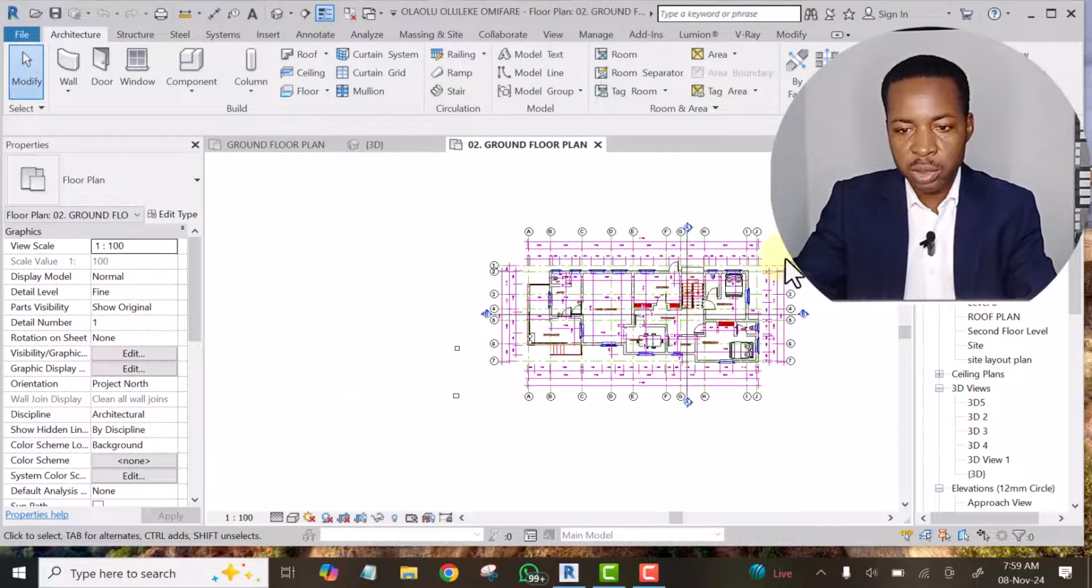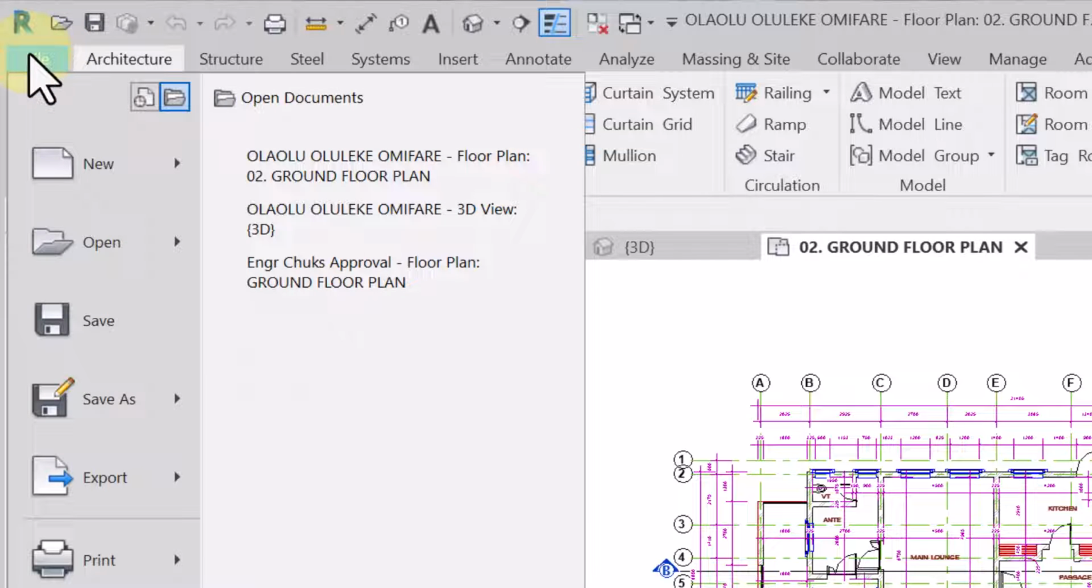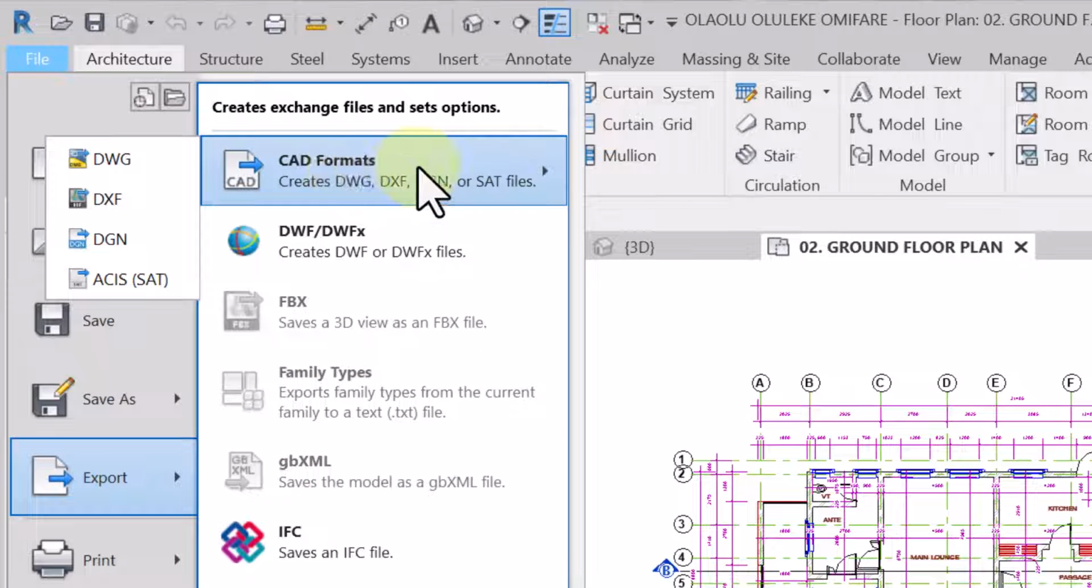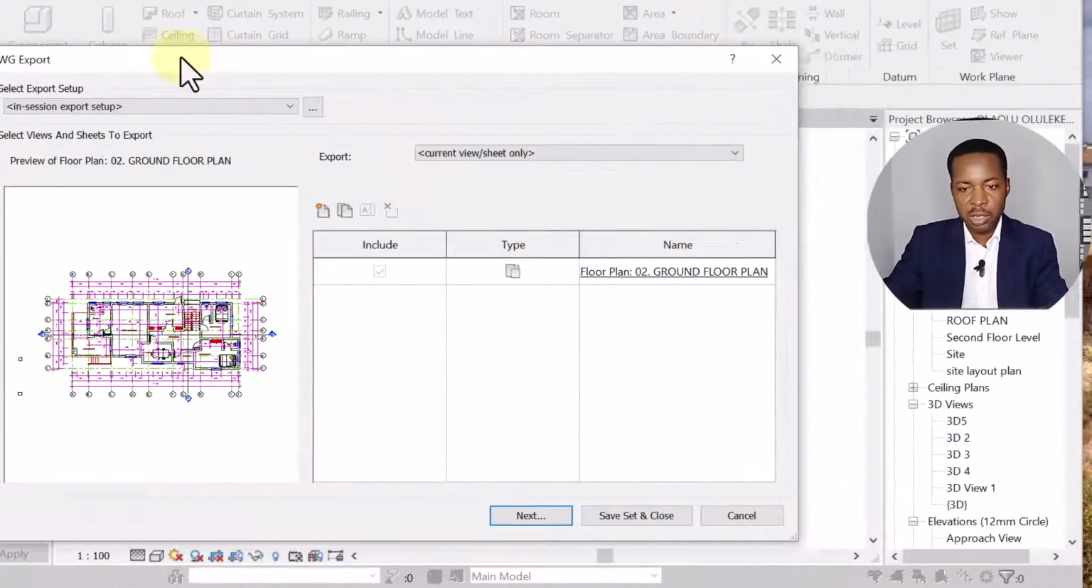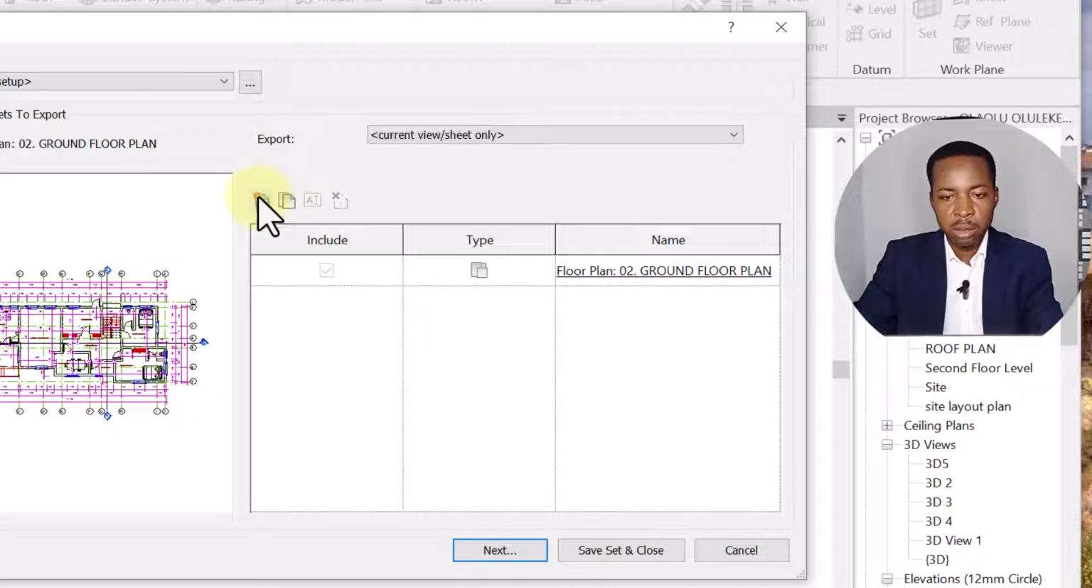What you are going to do is you are going to go to application menu on the left hand side here. You are going to click on file, then you go down, you see export. Click on the drop down, then you see CAD format. Move to DWG, click on it. You see the display of where you are currently. Can you see that? So what you do is you click on this button that says new set,